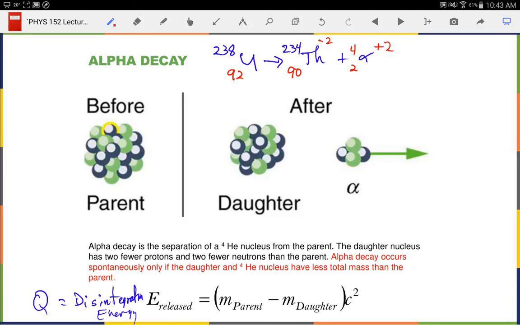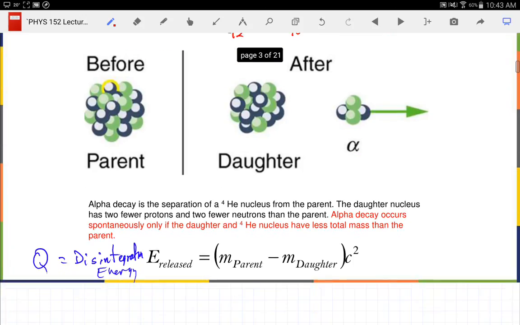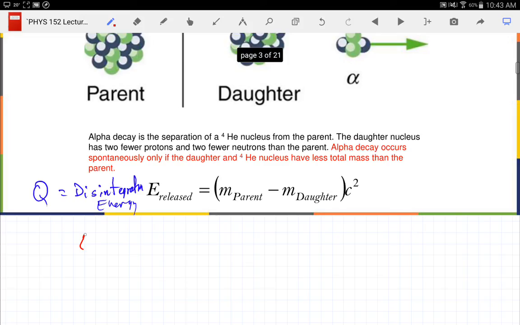So now the number of protons was the same on both sides, so we don't have to worry about counting those. For the electrons, we have thorium with an extra 2 electrons and alpha missing 2 electrons. Well, in terms of math, that's the same as having thorium with its correct amount of electrons and the alpha with its correct amount of electrons. So in terms of math, as long as I make sure I balance my electrons, I can find the most convenient way. So to do this, I'm going to say the energy released